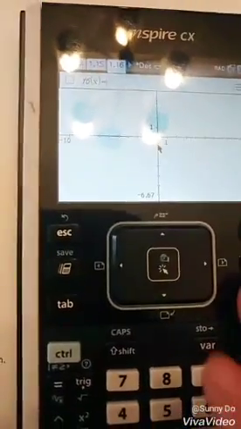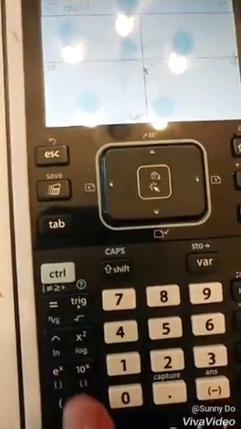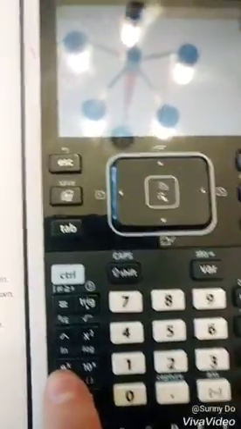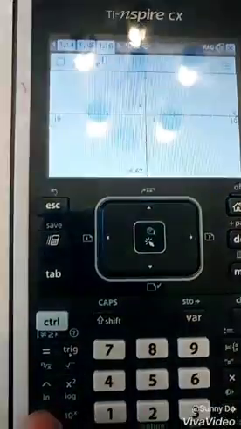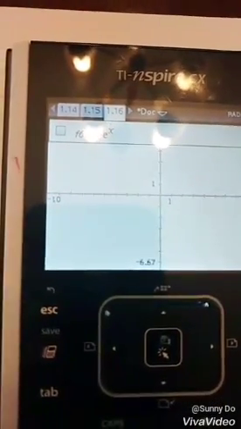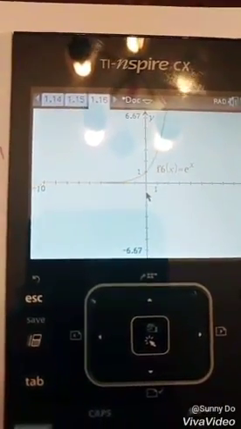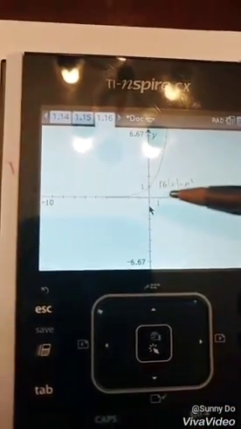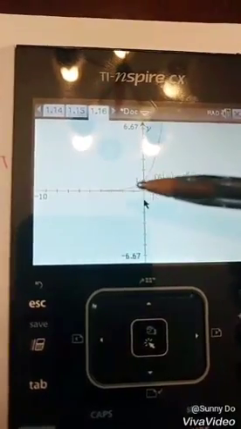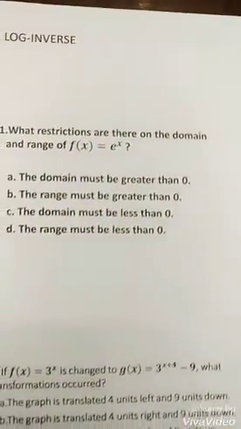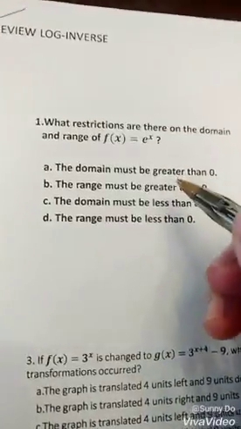Okay, so when you get into the calculator, open into graph, and then instead of typing e, you see right here above the parenthesis, there's an e to the x. You're gonna click on that, and then right here they have a little box. You're gonna put x. So this is how the graph looks like. Okay, so you can see the domain go all the way to the left side and all the way to the right side and up. So the domain is going to be from